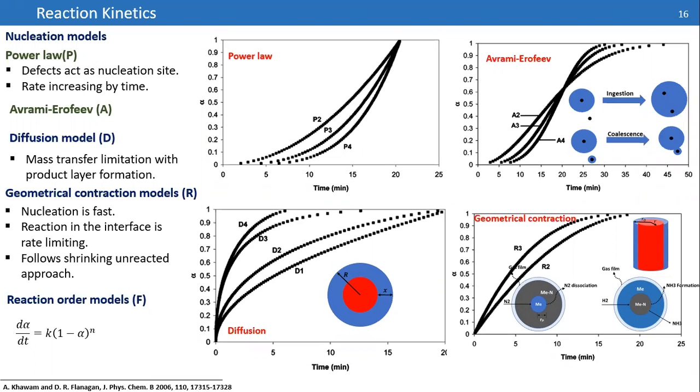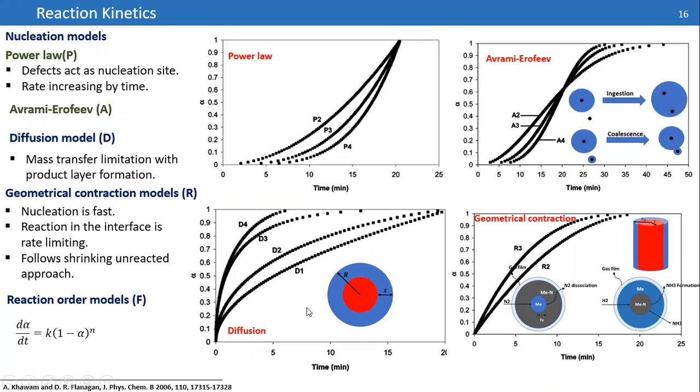So you are proceeding with your reaction. With proceeding reaction, the rate is increasing. Why is your rate increasing? Since you have more active sites, you have more surface for reaction. But sometimes it's not real, since maybe you lose some active sites when it is growing because of ingestion or coalescence. So you can say, okay, maybe Avrami is good for me, but sometimes, okay, you say, I have